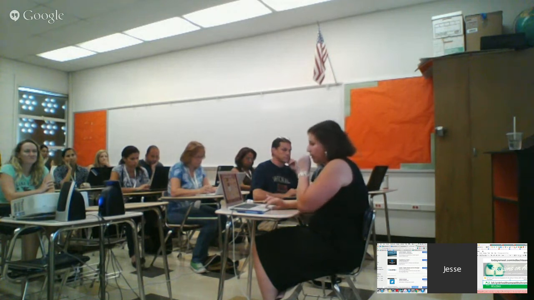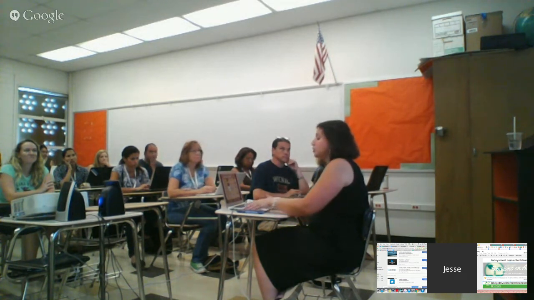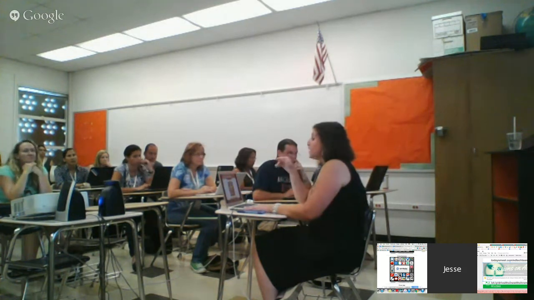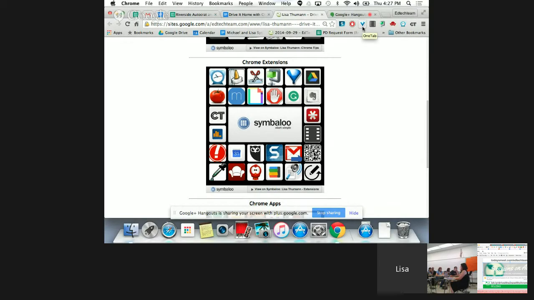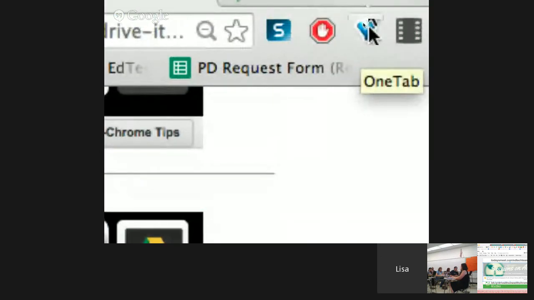Okay, so let's look at one that we can install. So you go ahead and you install Readability, and it comes to the right of your Omnibox there. Speaking of an extension that's really helpful, how many tabs do I have open here? 3, 5, 7 tabs. What if I wanted to shut down my computer? My domain administrator doesn't have it set that I can reopen all my tabs, and I actually want to go to Jesse's computer over there and open all my tabs. Well, I use an extension called OneTab. So I click OneTab, and